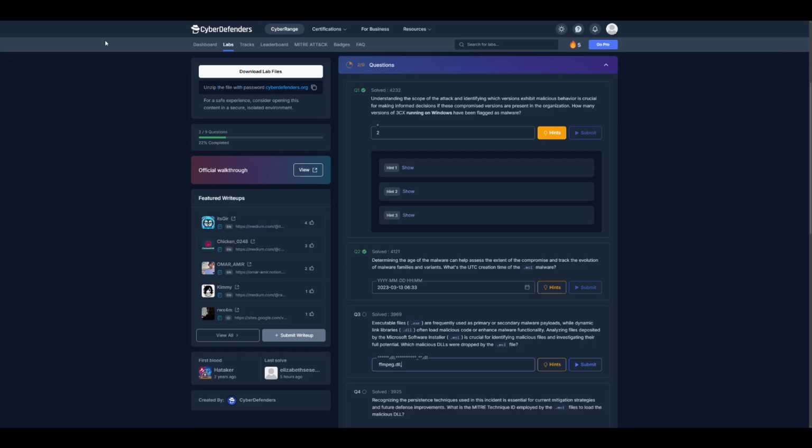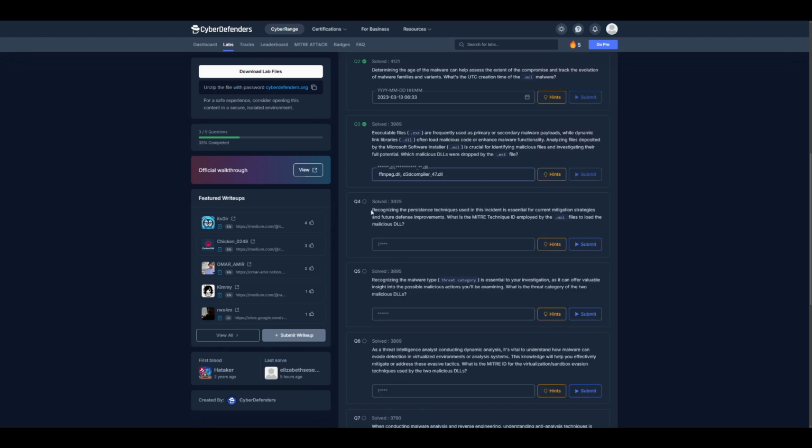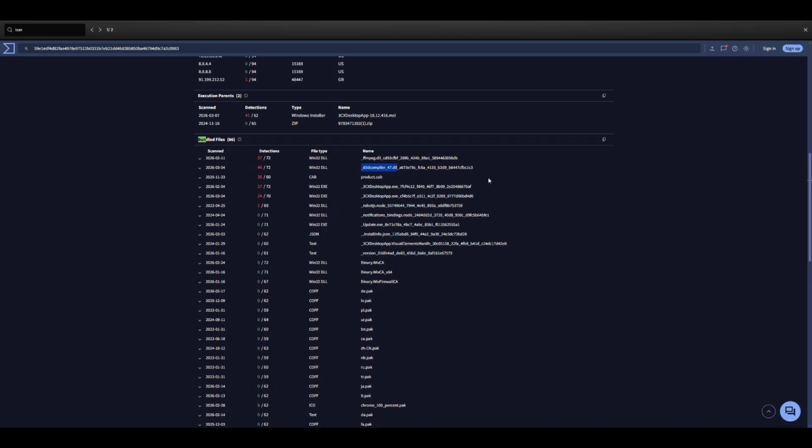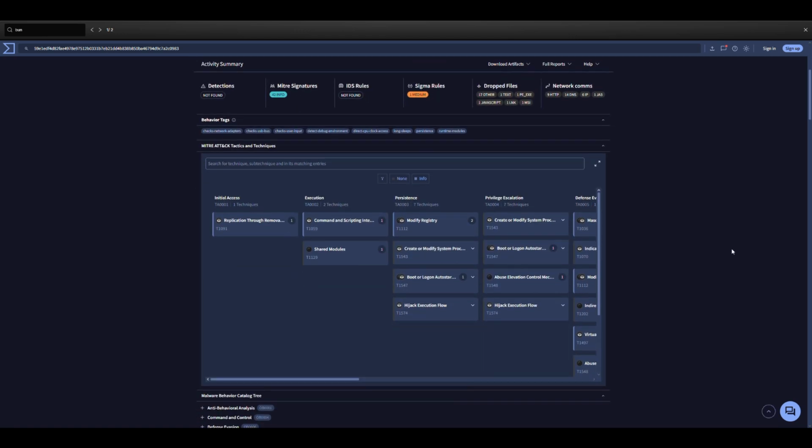Sandbox analysis and behavioral mapping. Next, we move to behavioral analysis using sandbox reports. We are looking for dropped files and process injection attempts. We observe the 3SX process spawning child processes that attempt to modify system settings and establish persistence. Classic indicators of a multi-stage